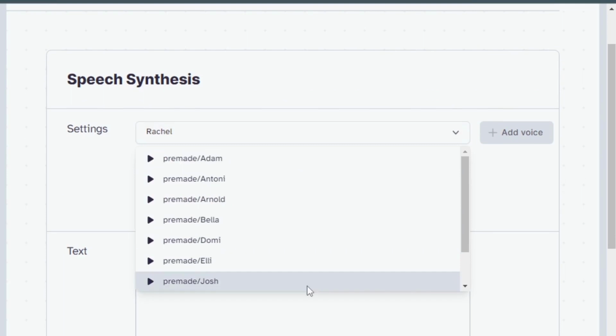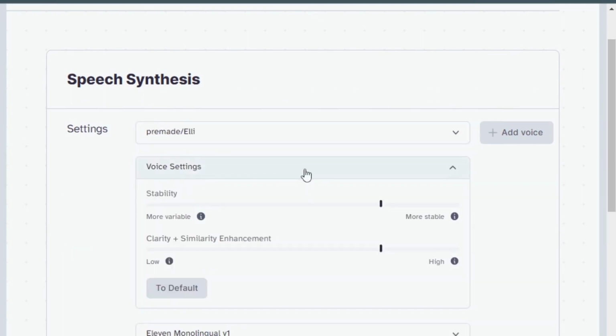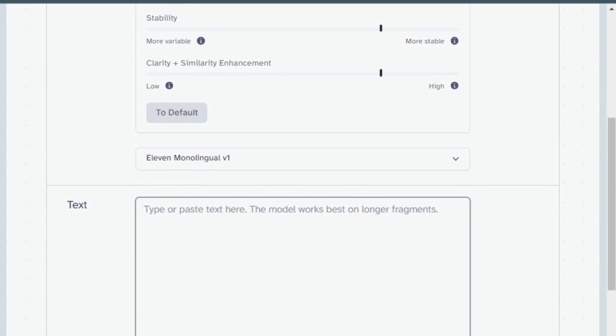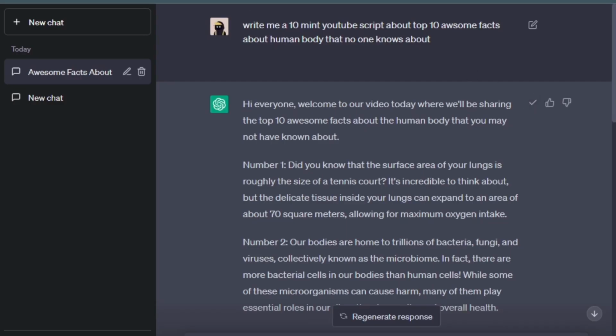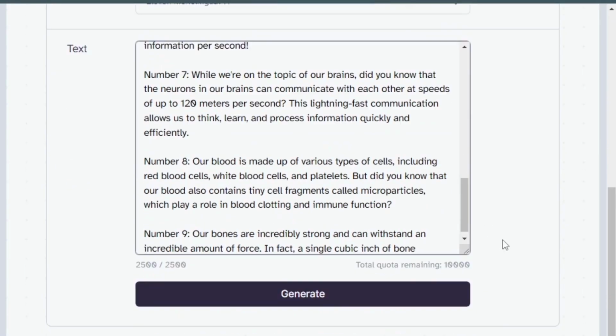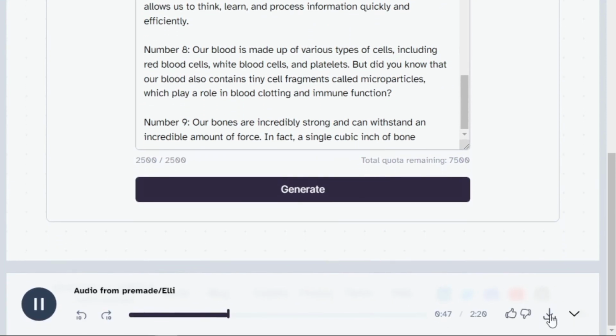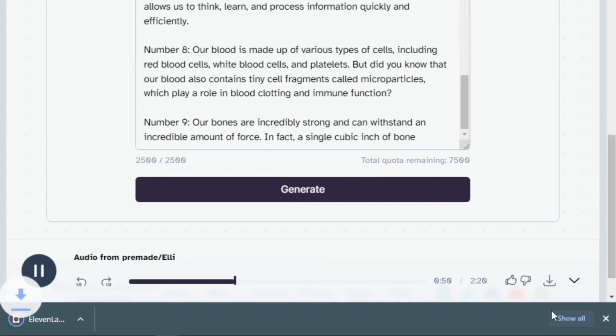From here, you can choose from a variety of AI voices and customize settings as needed. Finally, download the generated voiceover and upload it to your video in Pictory AI. And there you have it, a complete video created with the help of AI tools like Pictory AI and 11 Labs. By using these tools, you can quickly and easily create engaging video content that will help grow your YouTube